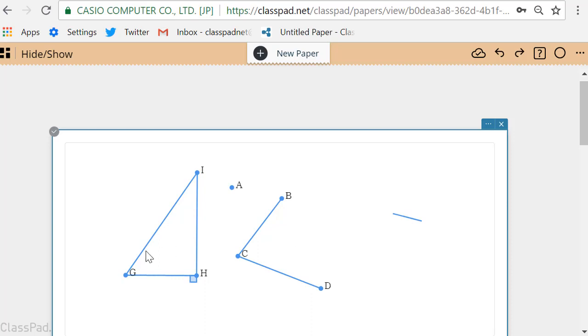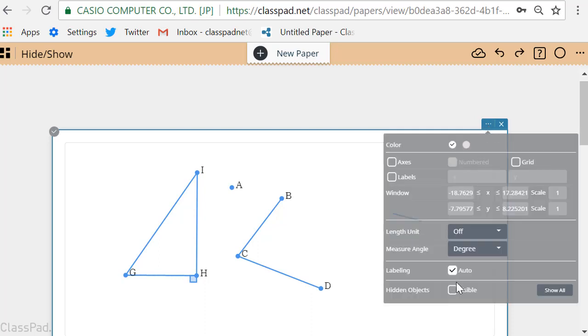Let's say though, oh my gosh, I want to get back that perpendicular. Maybe I want to add something to it. I want to change the length of the segment. So perhaps I've hidden many objects on my screen and I want to see them again. Up here, remember the 3 dots mean more. If I click on this, you'll notice down here at the very bottom it says you've got a bunch of hidden objects. Right now they're not visible, but do you want to make them visible? So if I make them visible, watch what happens. They are there, they're kind of grayed out, but I could now see the underlying structures,